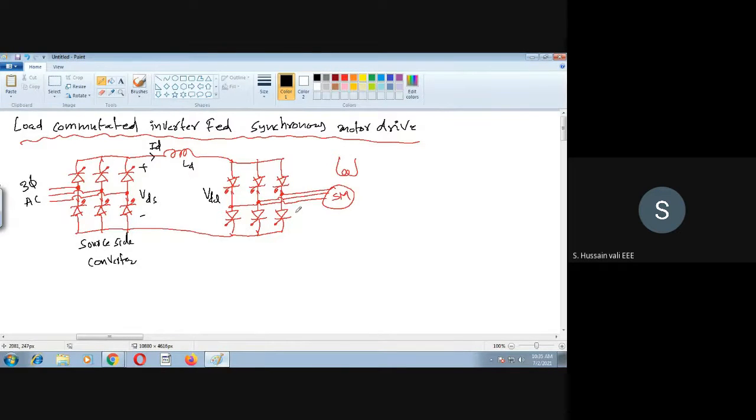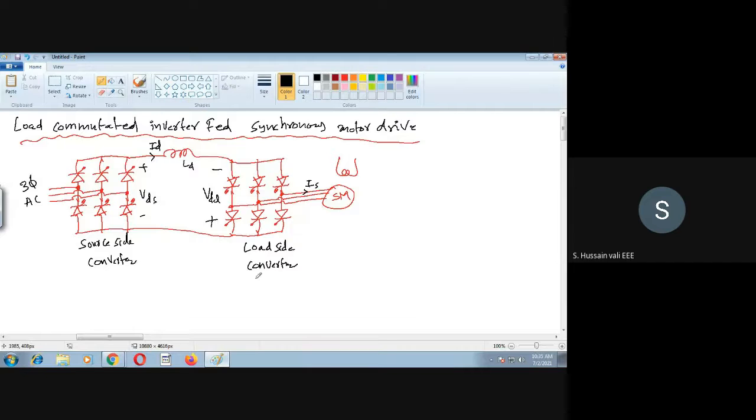Okay. So now this is the load side converter. Then the supply goes to the synchronous motor. The current here is IS, the synchronous motor current. Now remember, this kind of circuit diagram we have already studied, that this load side converter we will operate at a firing angle greater than 90. So if you operate at a firing angle greater than 90, what do you find out? This becomes minus, this becomes plus. I hope you remember all these things.